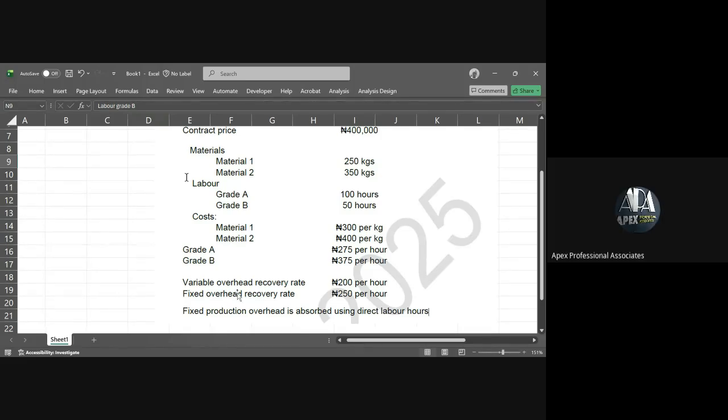So the question now says production overhead is absorbed using direct labor hours. Direct labor hours. How do you now solve this? If you have to solve this question,